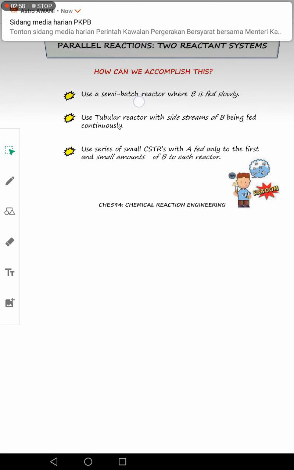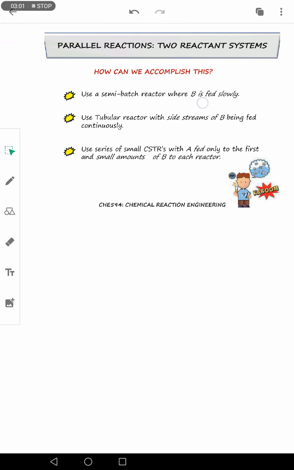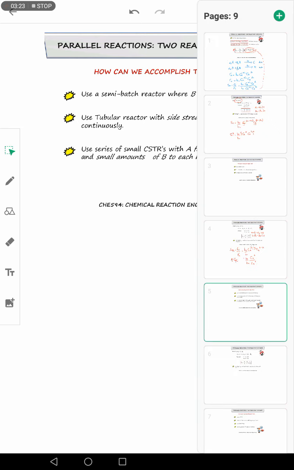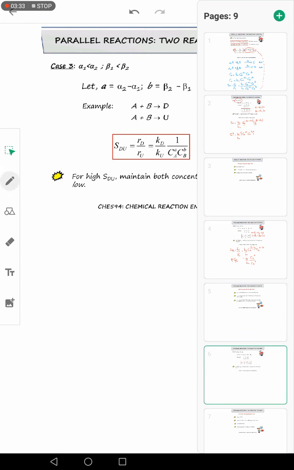So contohnya, you have to use the semi-batch. B is fed slowly. You can use also tubular reactor, and side stream dia adalah B. Kemudian you can use series small of CSTR, in which that the reactant is only A and small amounts of B to each reactor. So ini adalah cara untuk maintain high concentration of A and concentration B to be as low as possible. Okay, next case is